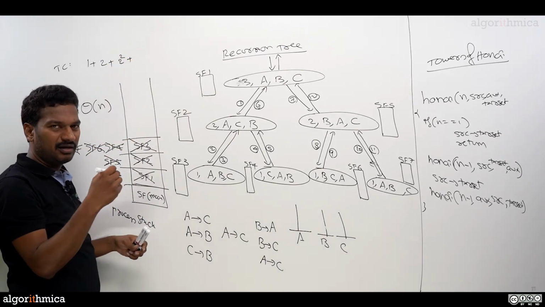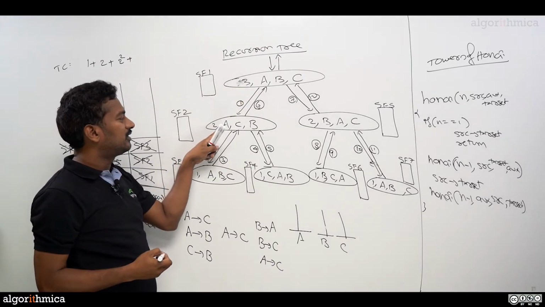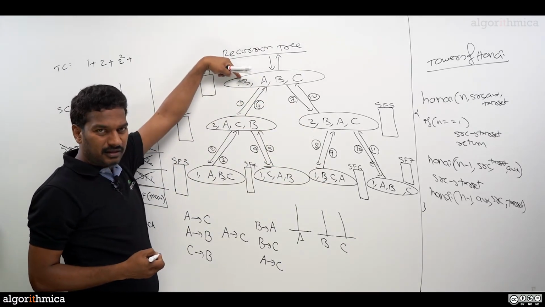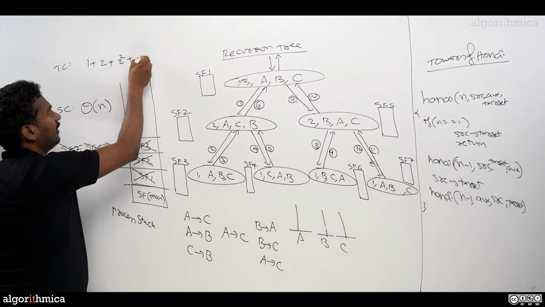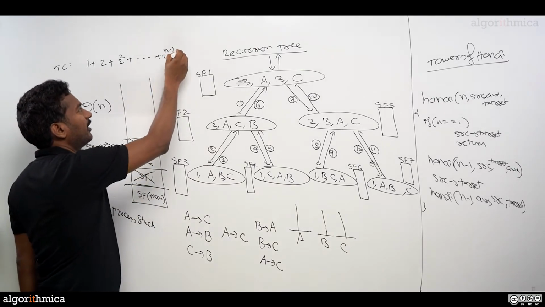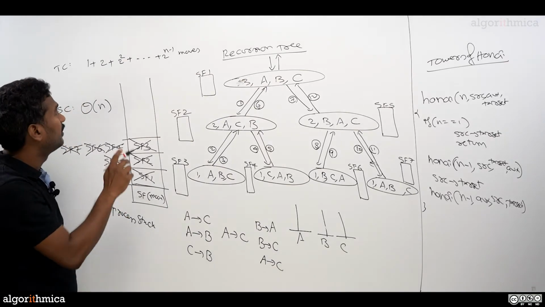In general, if you have n disks available, this is 2 power 0, this is 2 power 1 here, this is 2 square. For n equal to 3, we are going to 2 square. For arbitrary n, we got to add till 2 power n minus 1. This is the most we ideally require here. That is the lowest level operation I'm really counting.